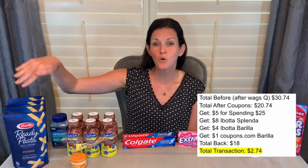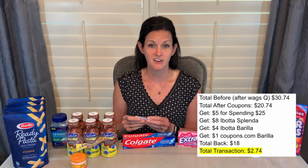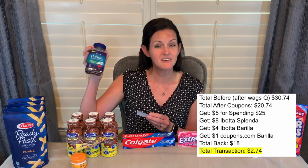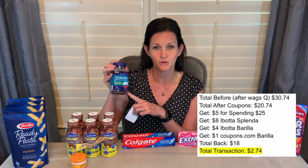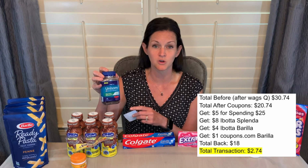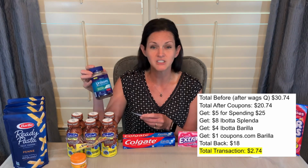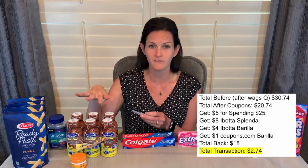Okay, so my total for all of these items was $33.74. Now, my total had to be above $25 for that spend booster to attach. That $33.74, we have to remember to subtract the $3 Walgreens digital coupon. So if my total had been at $25 and then that $3 Walgreens digital coupon came off, that would drop me below the $25 that I needed to spend, and I would not get the booster back. But I was at $33. After coupons for all of these items, I was at